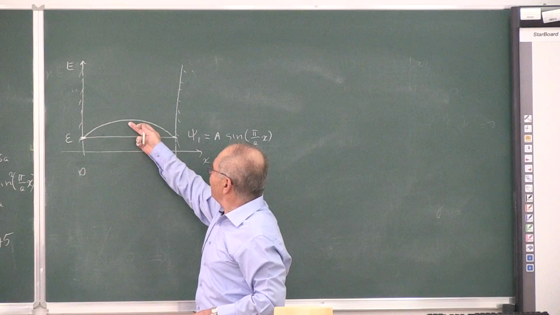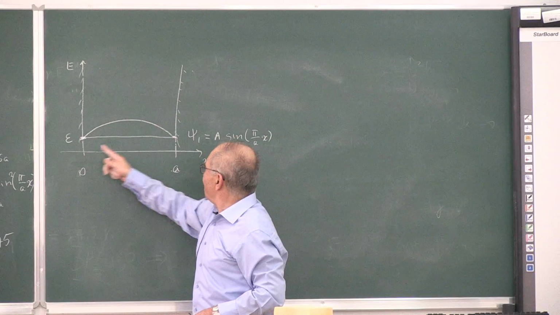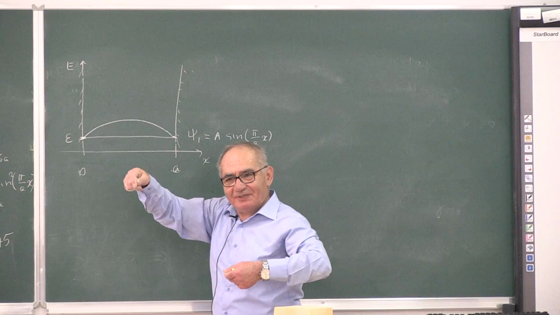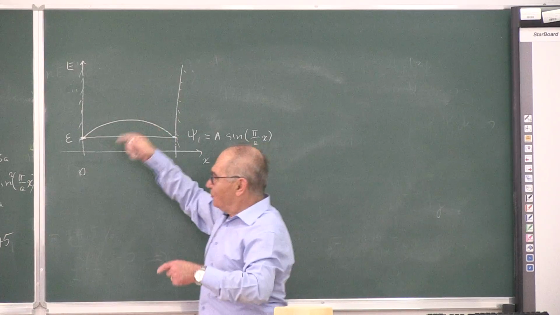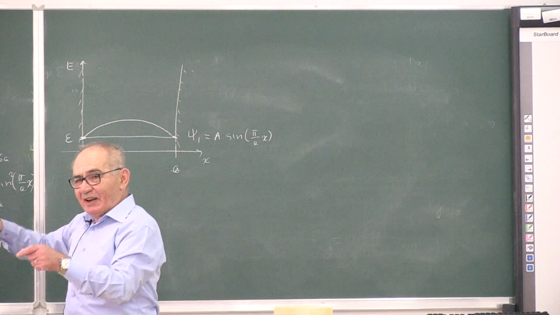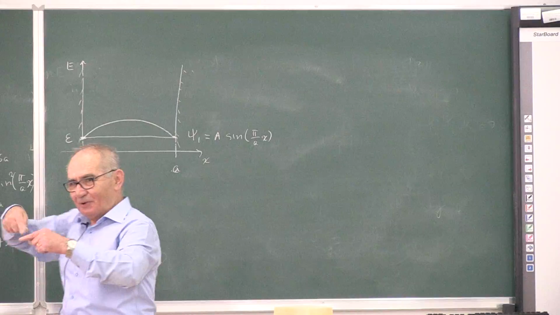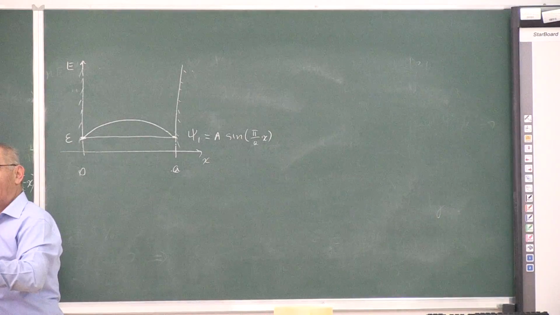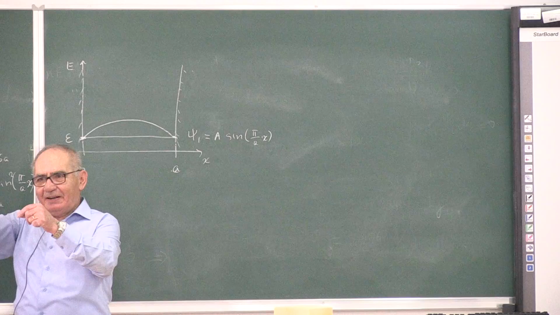For example, this function, does it become 0 anywhere between the left wall and the right wall? No. So when you take the square of it, that function will also have no 0 between the left wall and the right wall. But the square is this. And the integration is the area under the curve. So sometimes such graphical ideas help you obtain numerical values of such integrals. Just draw them graphically and then